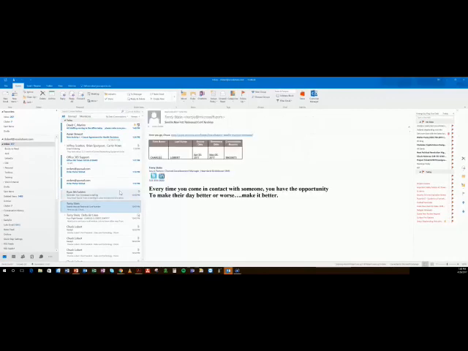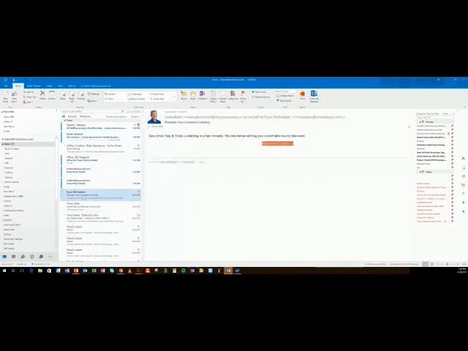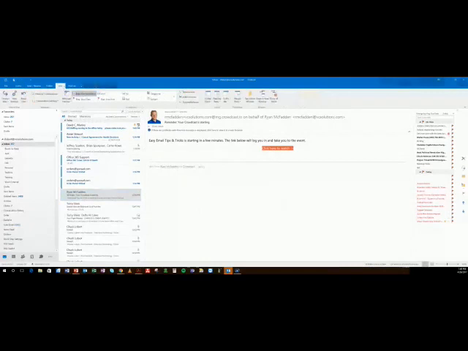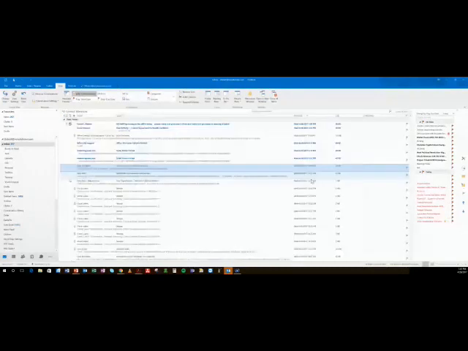So this is your reading pane. One of the quick and easy ways to do this is to go to that Tell Me box up here at the top, or you can do it under View as well. But we'll do Tell Me and just start typing reading. There's your reading pane. So if you don't have this today, this is probably what your inbox looks like today. So if you click on View or do the Tell Me,